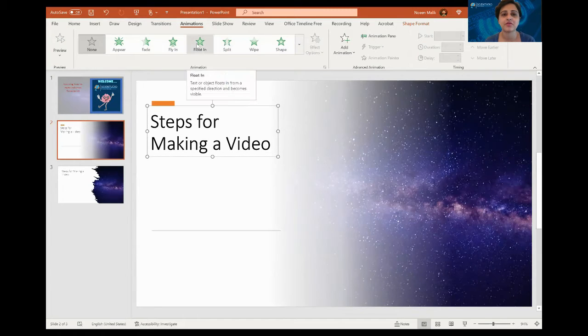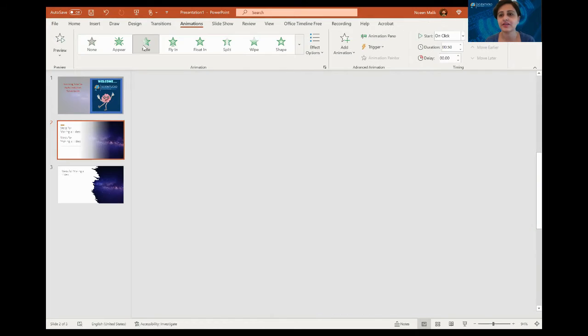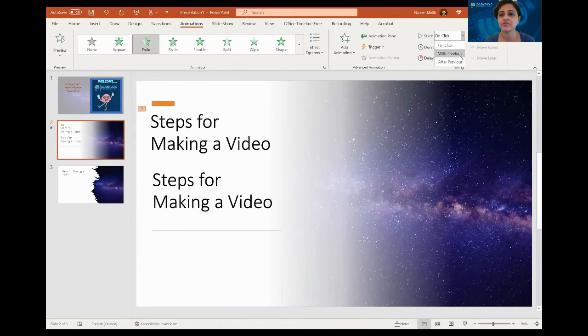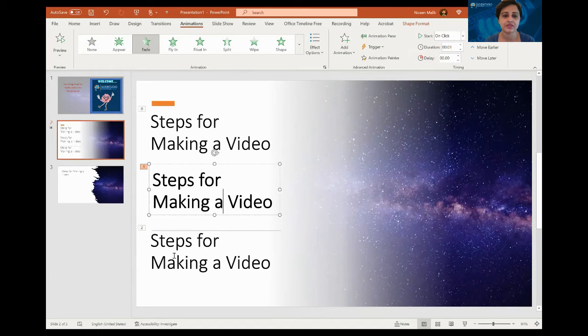For example, let's see this and one more text. Maybe there is some text written here. So this will come like, let's do it like a fade. I will set it to with previous, so whenever I start this slide, it will go by itself. For this, I will add it also like a fade. I can say that it can go with a click, but I want to add one more animation because I have one more point down here. So this is 1, this is 2, this is 0. 0 means with previous.